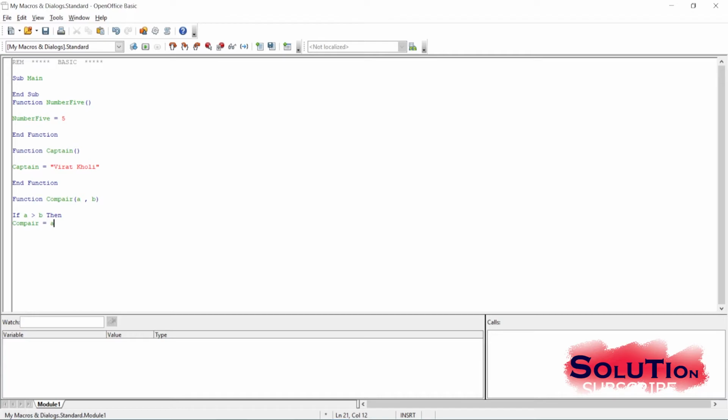Okay, or we can write like this: greatest value is, and let me change the name, compare max. So this is my function name, and now if a is greater, then a must return,